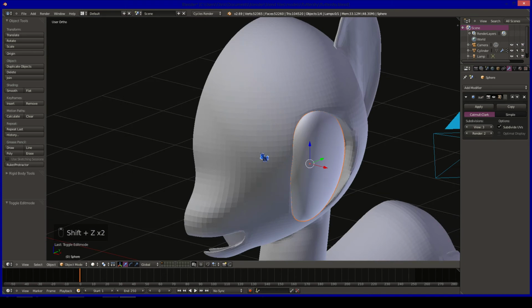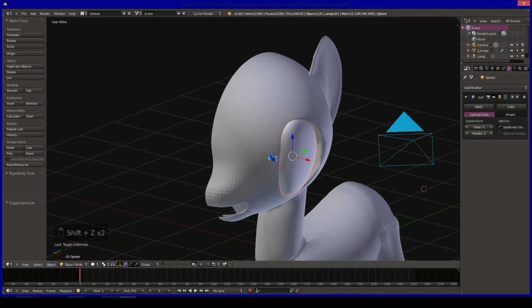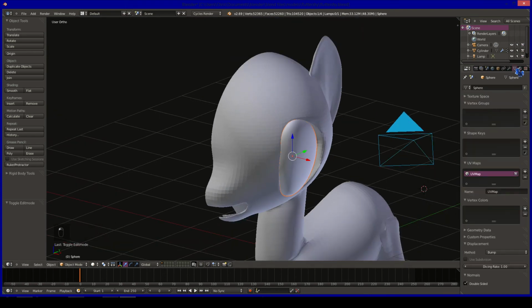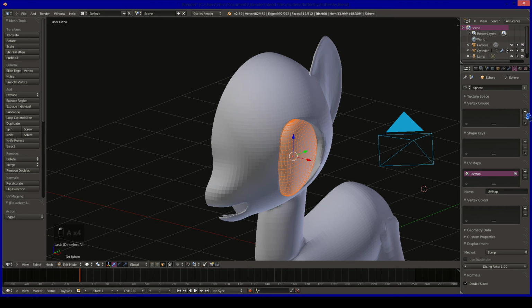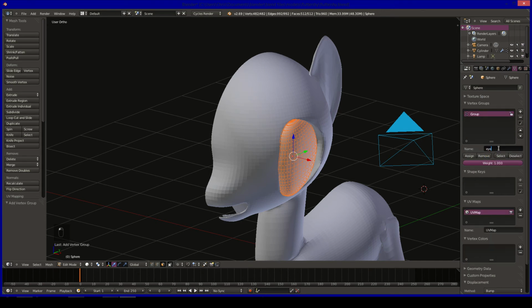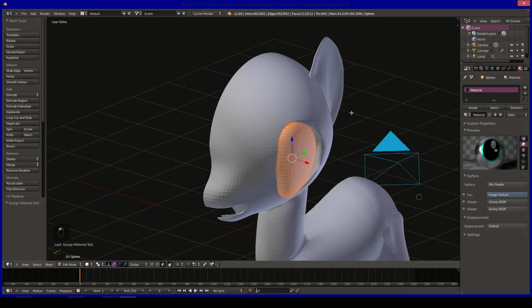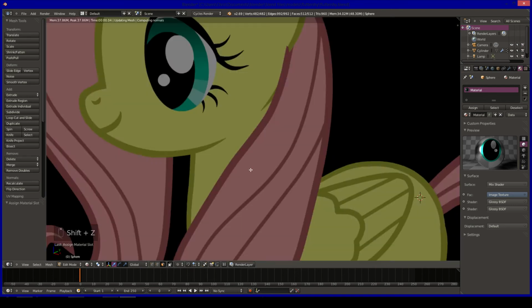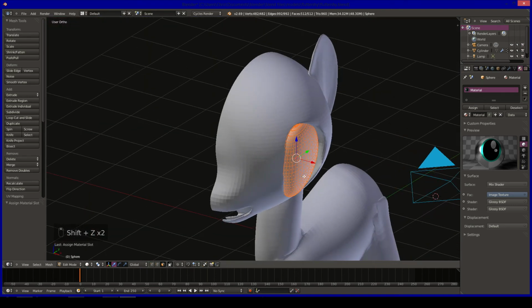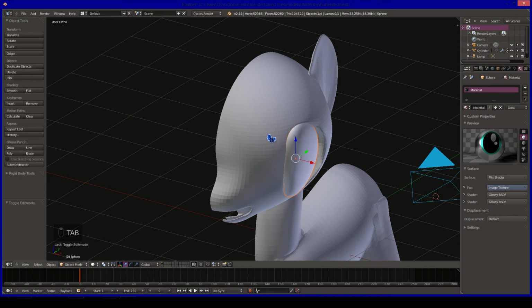Alright, now what we're going to do, we're going to make sure that we tab into edit mode, again screen flash, vertex group, eye, assign. We're doing this because we're going to combine the eye into the body. Assign, yes. Alright. Make sure it hasn't messed with the image. Alright, good. And now what we're going to do is tab out of edit mode, have our